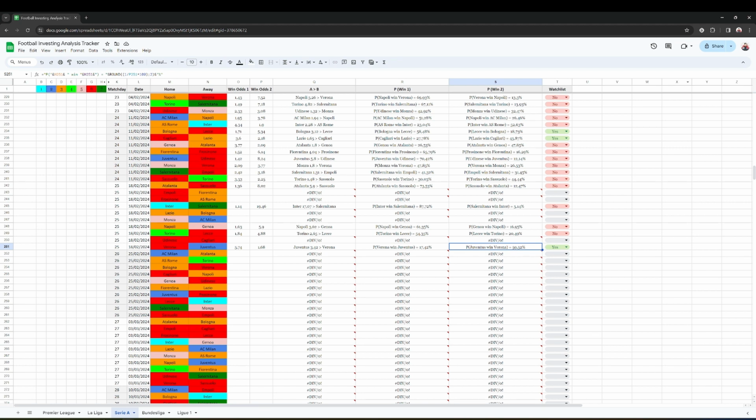Will Vlahovic play? Is it that Vlahovic is off? Is it the case? Do we have any team news? No, it's not that. Vlahovic, I think, is available. Yeah, the thing is that Juventus lost with Udinese at home, and maybe that's the case. But, you know, Verona can't win in 4 games. This one needs further investigation. But I'm adding it to the watch list for that reason.